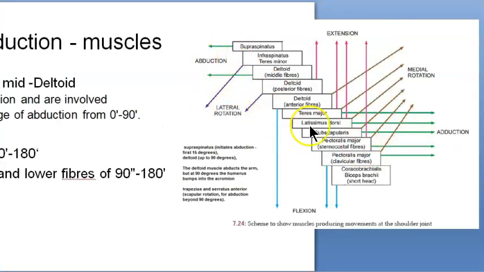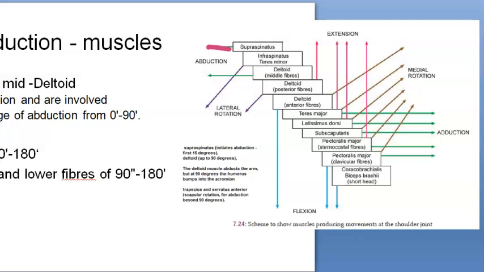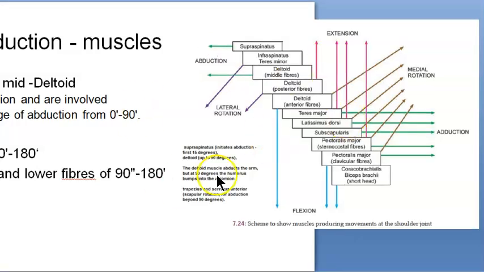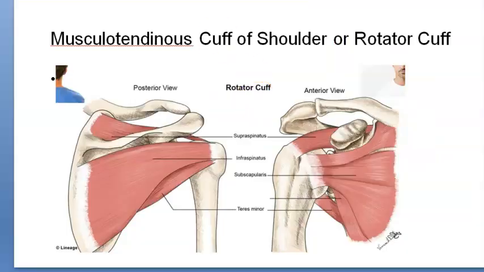This is a diagram which shows the movements of the shoulder joint. Anyway, we have told you the muscles we are focusing on, the supraspinatus and deltoid. Apart from that, a lot of others will help: serratus anterior and trapezius. But we are not focused here on those muscles. We are blaming the supraspinatus now. Where is the supraspinatus? Here, in the posterior view,